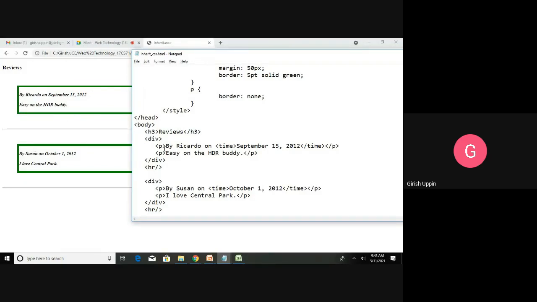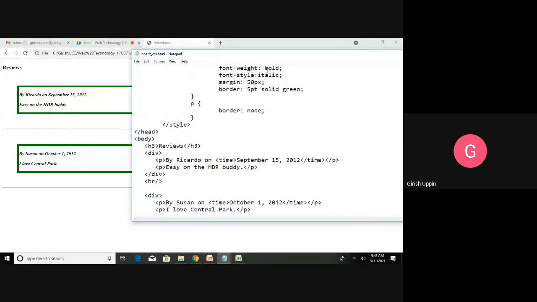So this is the div border, this is the div element. Inside the div I have a paragraph by Ricardo on September 15, 2012. Now if you see here, this paragraph will inherit the properties of the div. What properties will it inherit? It will inherit only the font weight, that is bold, and font style italic.